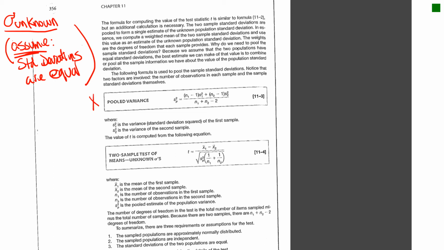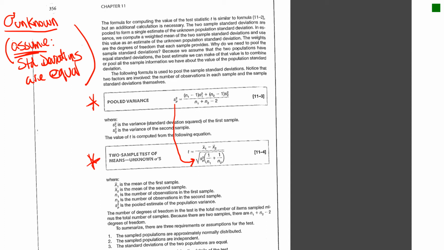We have to do number one, it's called a pooled variance calculation. So essentially, using the sample standard deviations from each population, you're going to basically get a weighted average using this pooled variance calculation. And then this number right here is going to be fed in to your actual test statistic number. So you still have to get your test stat, but this is your other formula on how to get